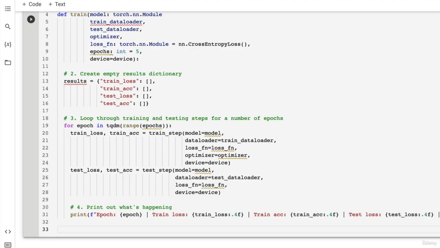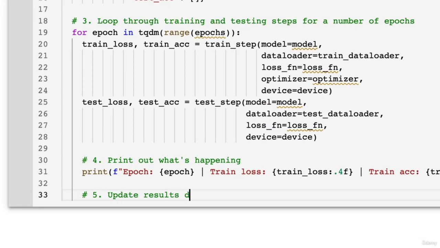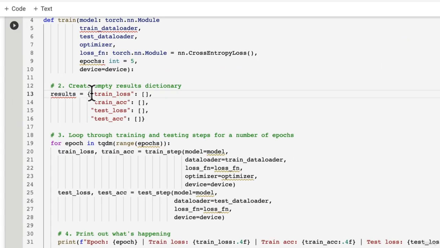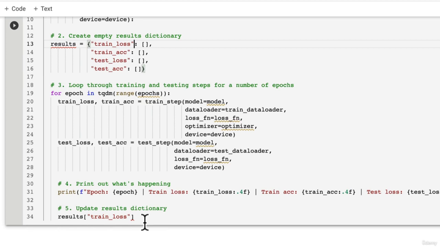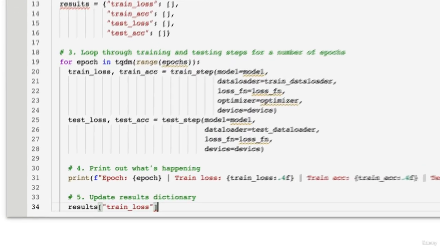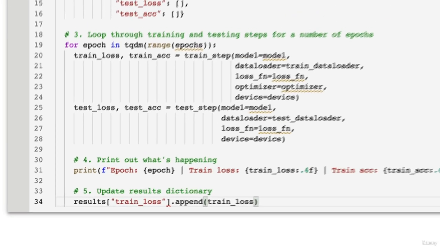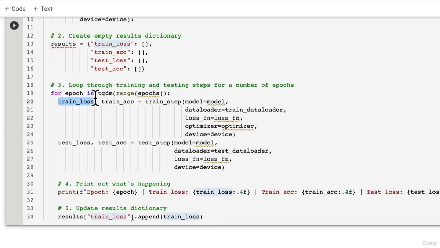Beautiful. And so again, still within the epoch, we want to update our results dictionary so that we can keep track of how our model performed over time. So let's pass in results. We want to update the train loss. And so this is going to be this. And then we can append our train loss value. So this is just going to expand the list in here with the train loss value